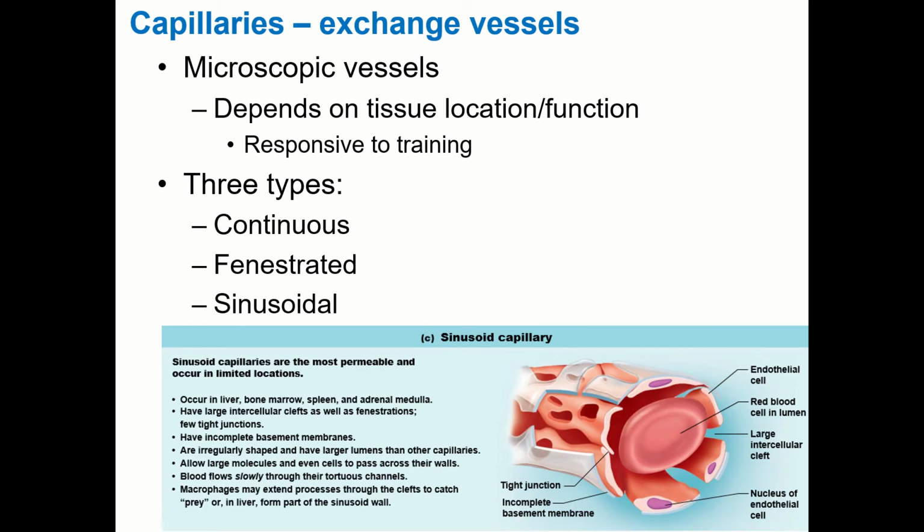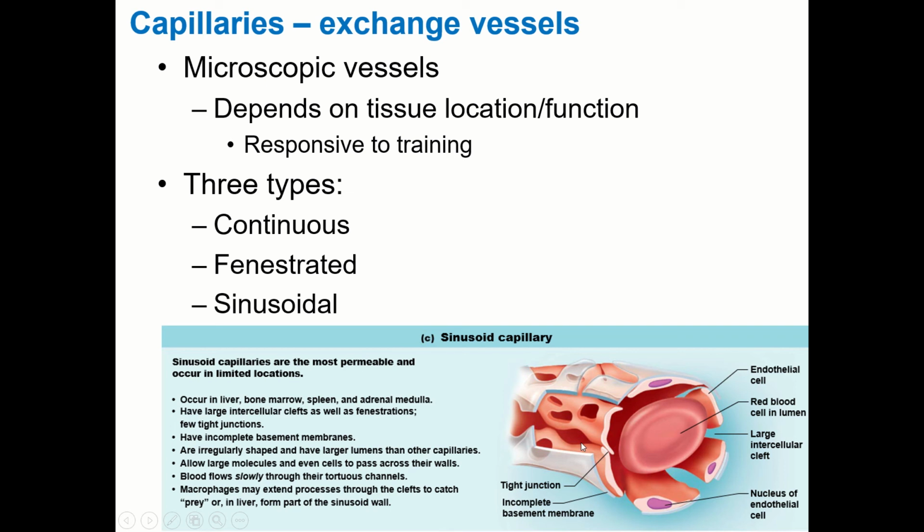So we're not really going to talk about these much because the places where they're located, as you can see, the liver, the bone marrow, and the spleen, we touched on the bone marrow some insofar as that's the site where we generate new blood cells, both red cells and white cells. We talked about them, or I hinted at them a little bit when I talked about the formation of platelets. And we won't really honestly talk about it much with the liver. So not going to touch on these much, but the thing to know about sinusoidal capillaries is that they have